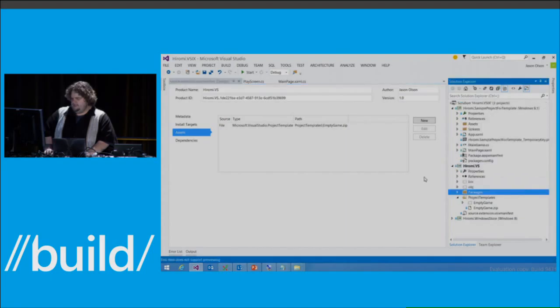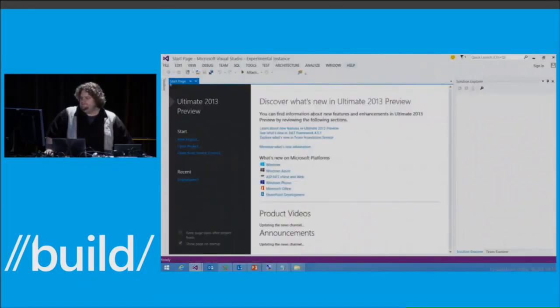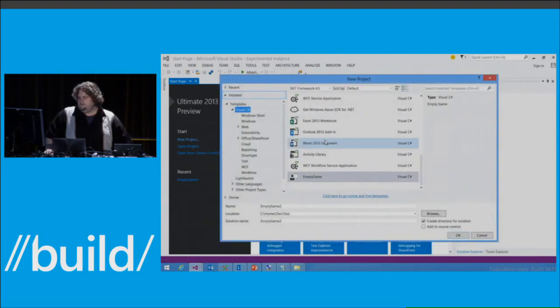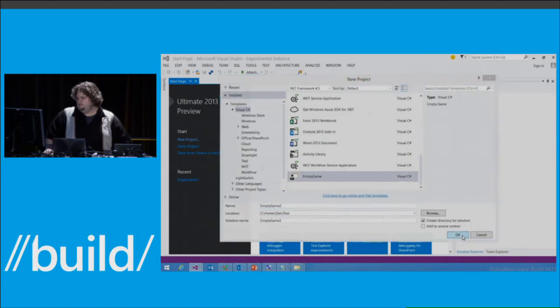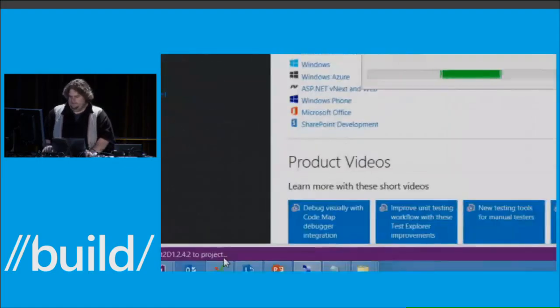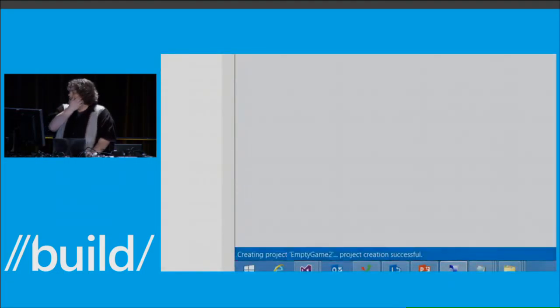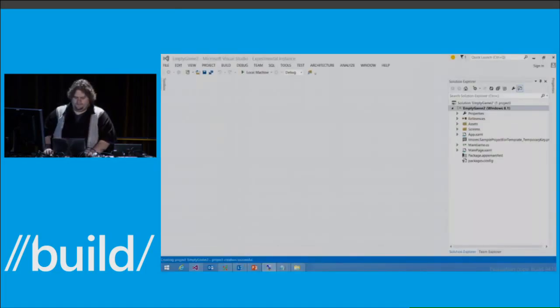And now let's go ahead and deploy this and create another project. Okay, come over into the right monitor. New project. And then empty game. And then I'll go ahead and create. You can see it's creating project empty2. And now, if I can get down there this time, you can see it's adding all the NuGet packages that we need into the project template. So now it comes up. And if I go ahead and build it, we will see,